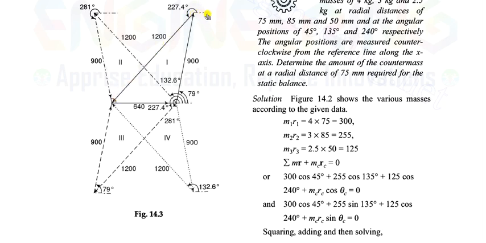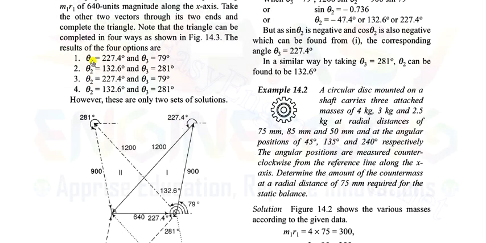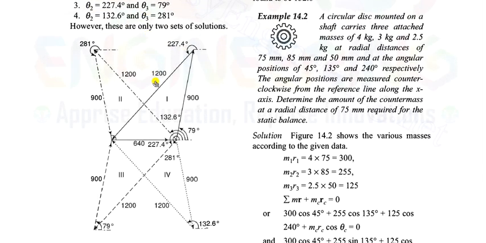So for M2 mass, again we have to measure the angle with respect to horizontal. So this is coming to 27.4 degrees. Okay, so this is theta 2. So this theta 2 is 227.4 degrees. Okay, the second approach is, why take 90 degrees here, we can take 120 degrees here.